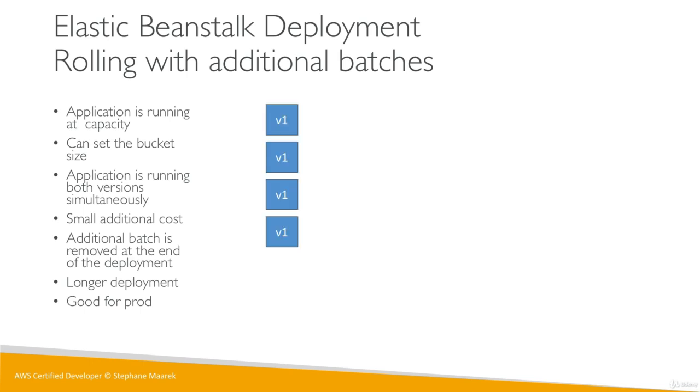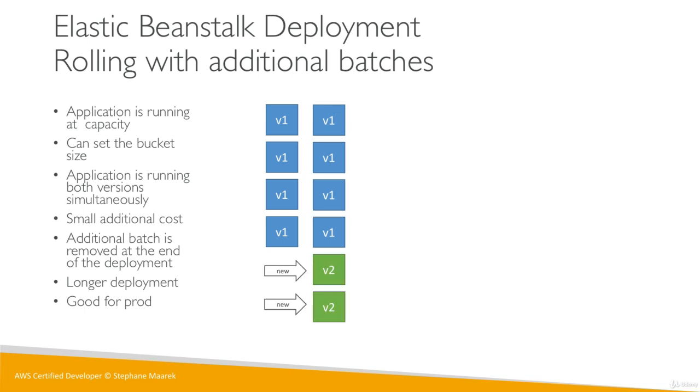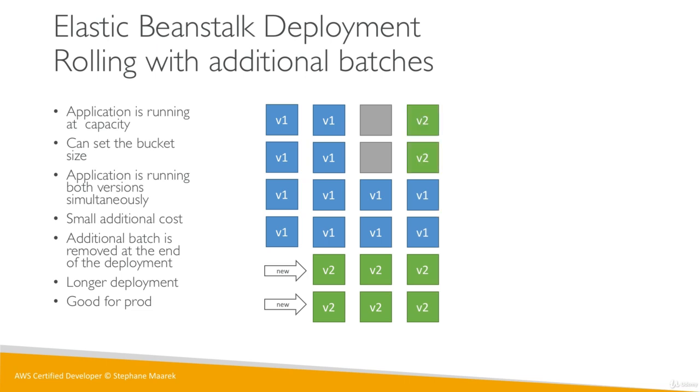We have our 4 V1 EC2 instances, and the first thing we're going to do is deploy new EC2 instances, and they will have the V2 version on it. So now from 4 instances, Elastic Beanstalk automatically created 6 instances for us, so an additional 2. And you can see that the additional 2 are running already the newer version. Now we take the first batch, so the first bucket of 2, and they get stopped, the application gets stopped, and the application gets updated to V2. Excellent.